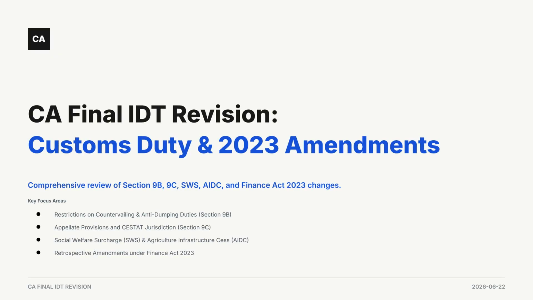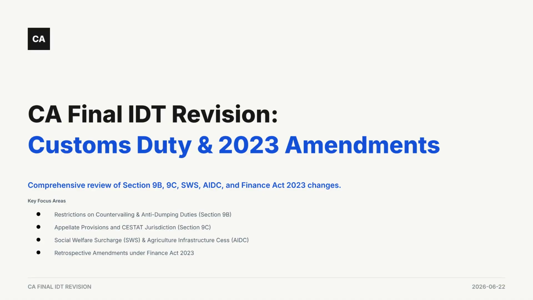In this final part of customs duties, we focus on some highly examinable provisions that often appear in both theory and practical questions. We will study restrictions on the levy of countervailing duty and anti-dumping duty under Section 9B, appellate provisions under Section 9C, social welfare surcharge, agriculture infrastructure and development Cess, and finally, the important amendments introduced by the Finance Act 2023. These topics may appear technical at first, but once understood logically, they become easy scoring areas in